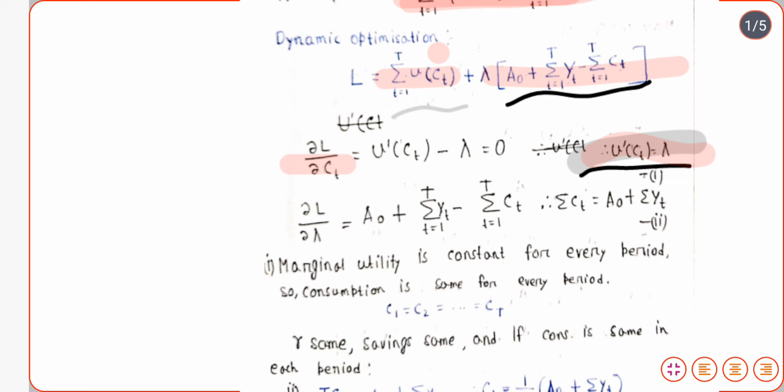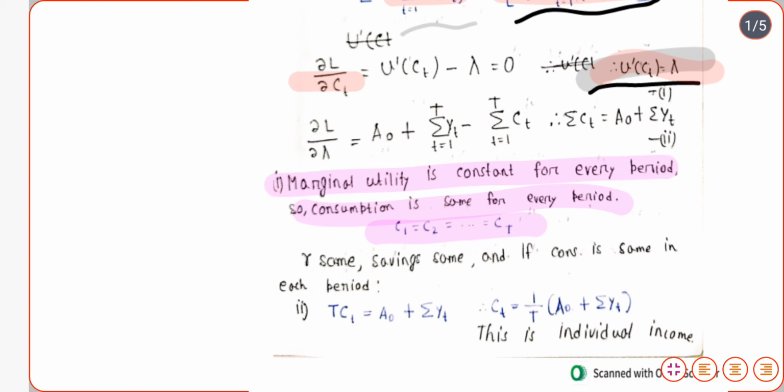So obviously, if the marginal utility is constant for every period, then the consumption for every period will also be equal. So consumption in each period is equal, that is C1 is equal to C2, and it goes up to Ct. Now, if the rate of interest is same, saving is same, and consumption is also same in each period, then what can we say? All of these are same, so we will try